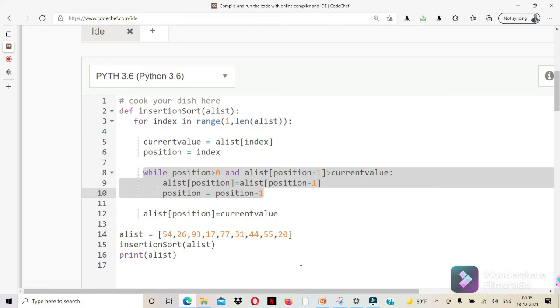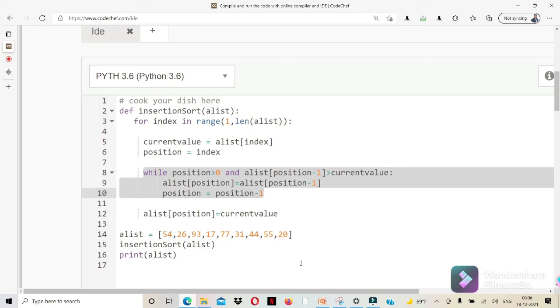So I think it is very much clear to you, friends. The only thing you need to understand is that in every pass we pick a key element, and that key element should be compared with its left side elements. The first immediate left element, if it is greater, that element we assign to the current position. Then the key element is compared with its previous element.